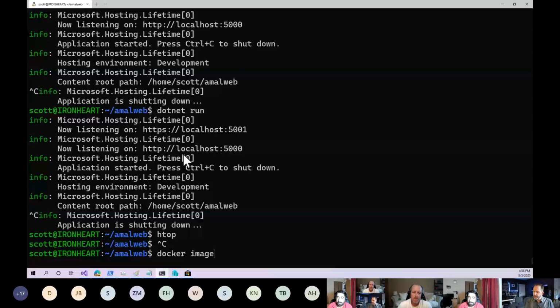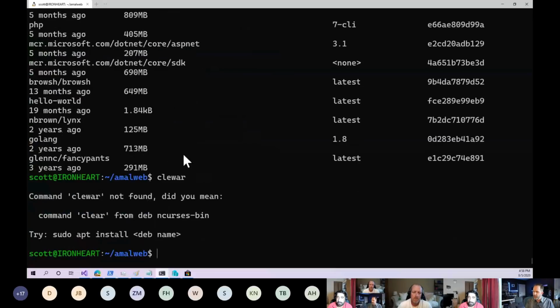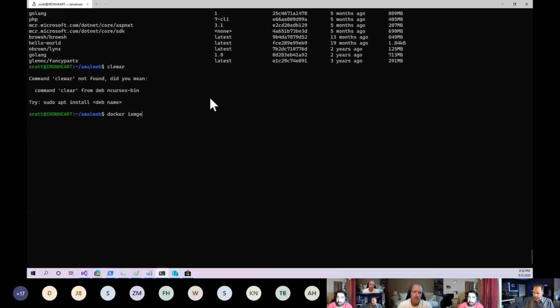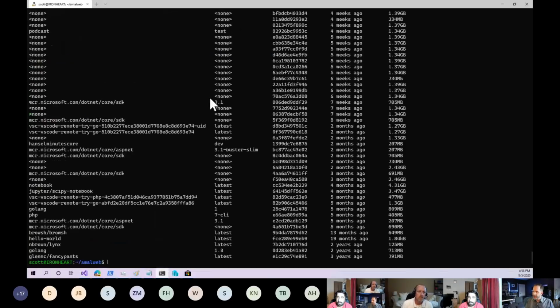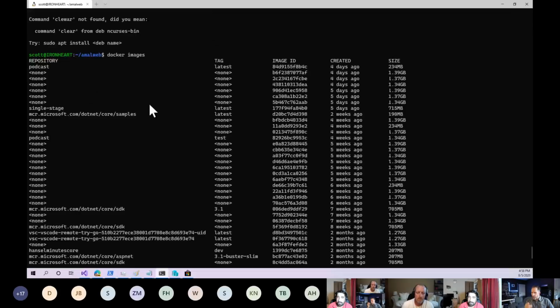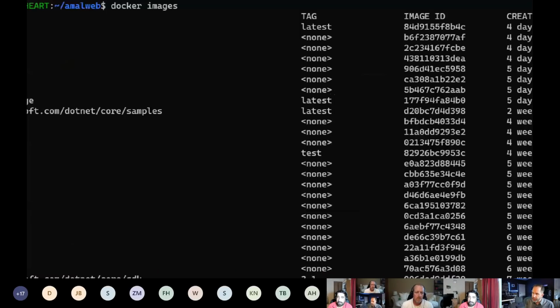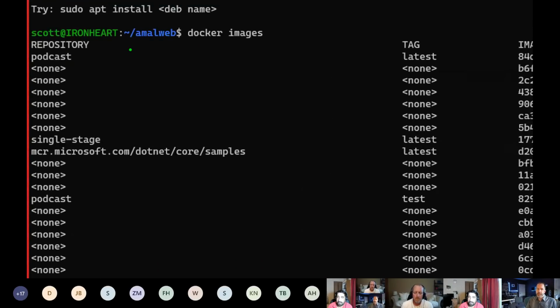Docker images. Do I have Docker running? I do. Cool. So I'm in Linux, and I'm going to say docker images. Docker on Windows has historically sucked. That's because in order to get Docker, which is fundamentally a Linux thing, to work on Windows, you needed a Linux VM, and you would spin up a Linux VM inside of Hyper-V, and you'd have to do this weird dance where you were putting a Linux VM on puppet strings and using it as the host